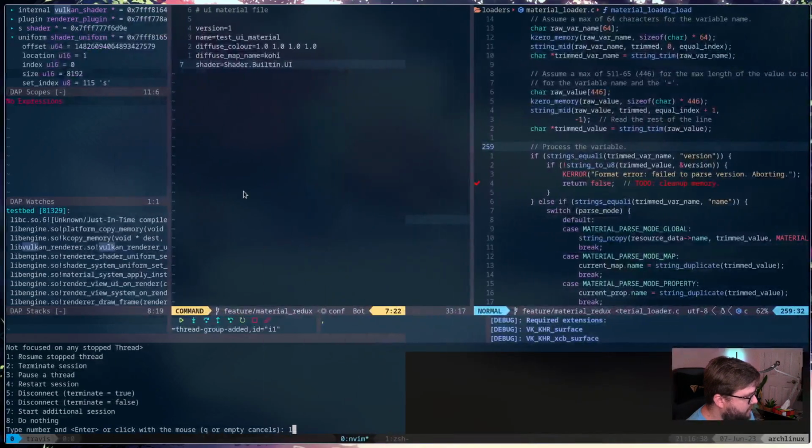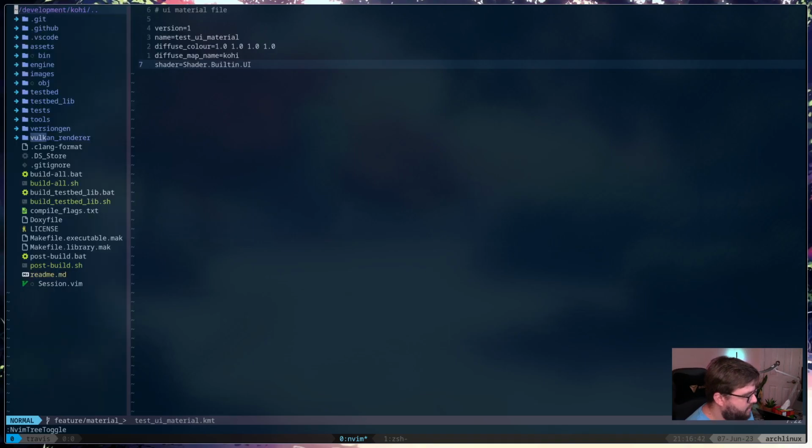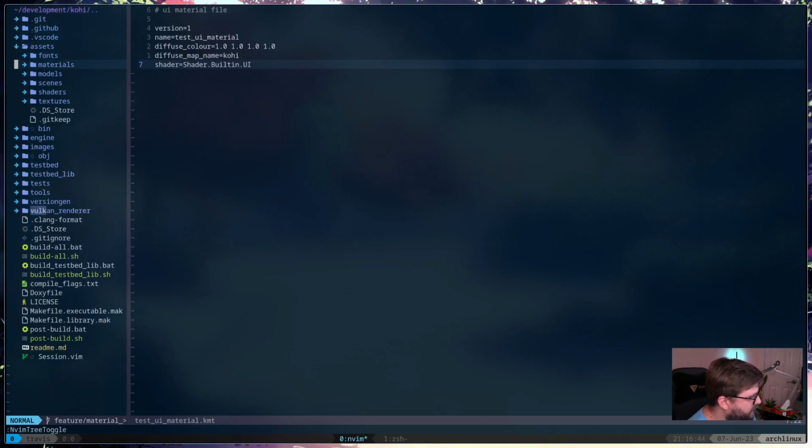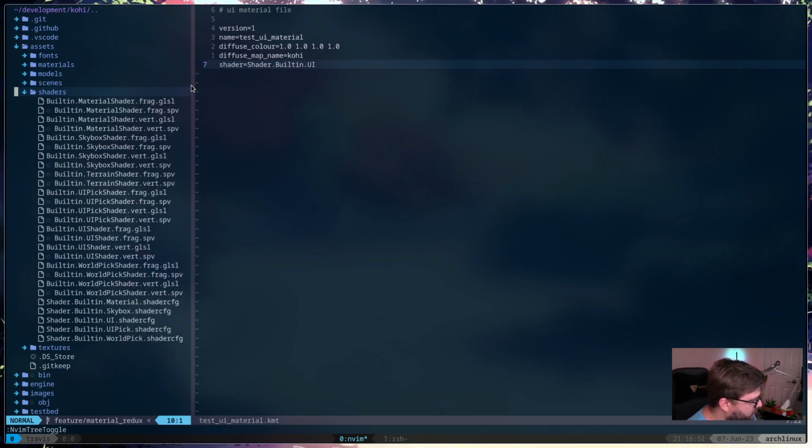All right. Let's go ahead and take a look at assets. Shaders. Let's expand this a little bit. So we should have built-in shader.builtin.ui. Here's the shader config file for that.